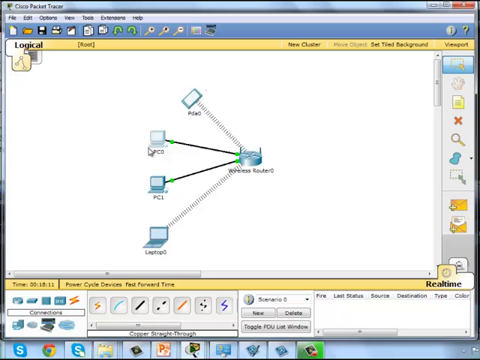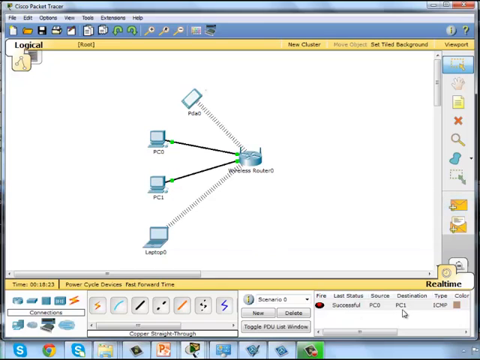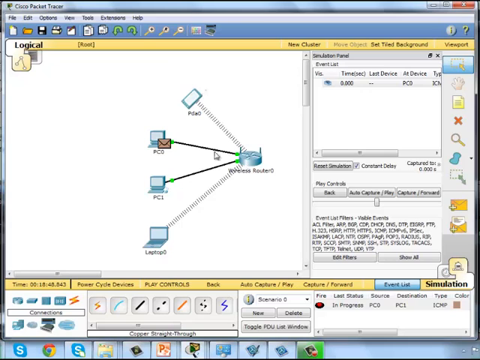Now if people are not familiar with ping and just want to check that they've got connectivity, we can get this packet here which does a simulation for us. We can click on one PC, we can click where we want it to go, and down here it tells me it was successful and it actually worked. What's much more interesting though is actually seeing that packet kind of in action. Wouldn't it be nice if we could actually see the packet flowing from this PC into the router and back out to this PC? Well, we can. We've got the simulation mode down here. So if I go for the simulation mode, I can now see I've got my packet up here,